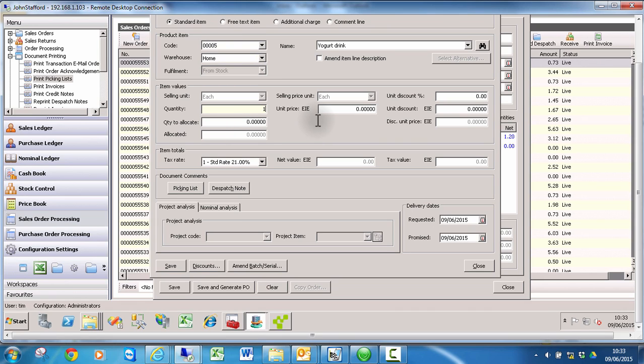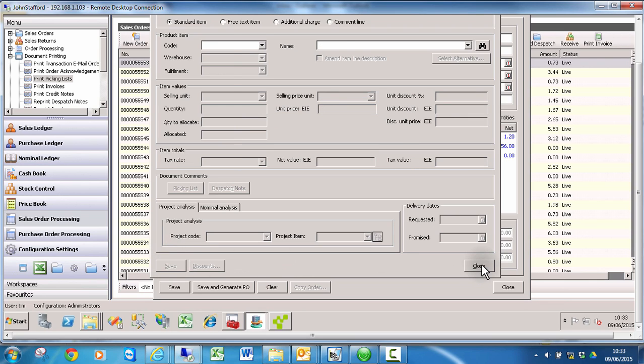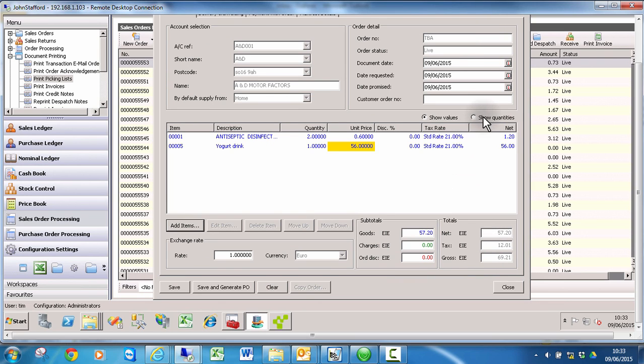Again, we enter the quantity that we want to order. There is no price set for this due to user permissions. I can override this. You can see as I highlight over it that the tooltip appears to tell me that it's been manually amended. Once I click on save and I've finished entering all of my stock items,